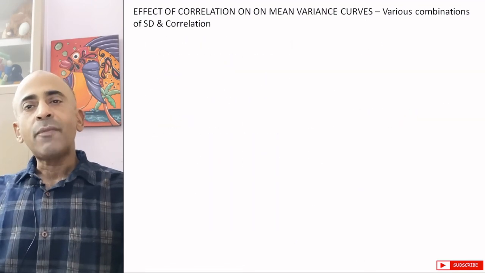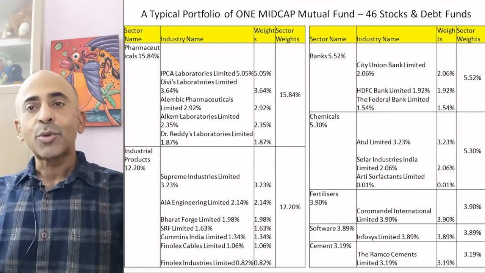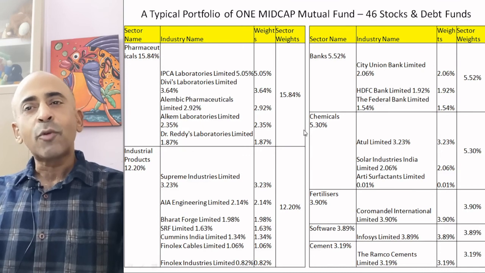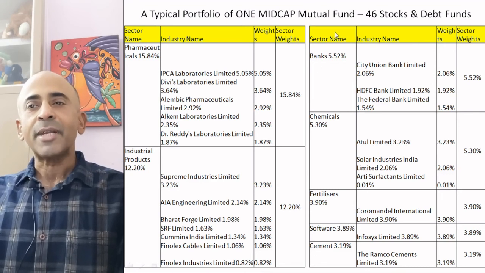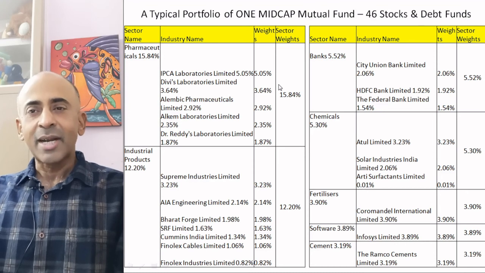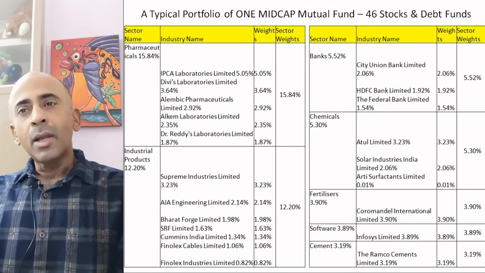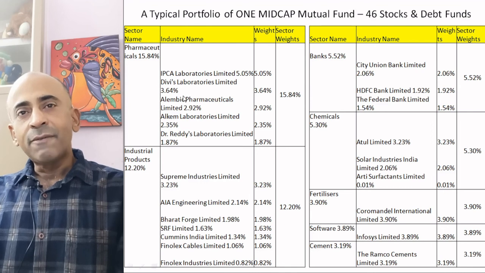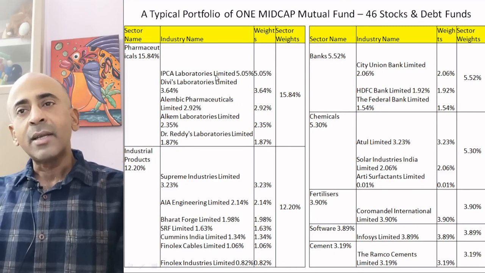Now here is a snapshot of how mutual funds diversify portfolios, shown in the table. What you can see here is the portfolio table of a CRISIL 5-star rated mid-cap fund of a leading asset management company. It consists of 46 stocks and debt funds. Look at how diversification is achieved, and hence the unsystematic risk of all stocks has been minimized, and what remains is just the systematic risk, that is the market risk. This mutual fund holds pharmaceutical sector stocks comprising 15.84% of the portfolio, and details of all the companies it has invested in are given here.